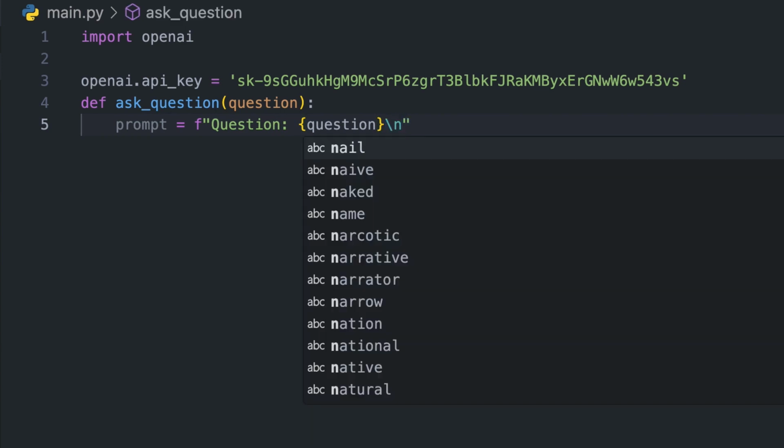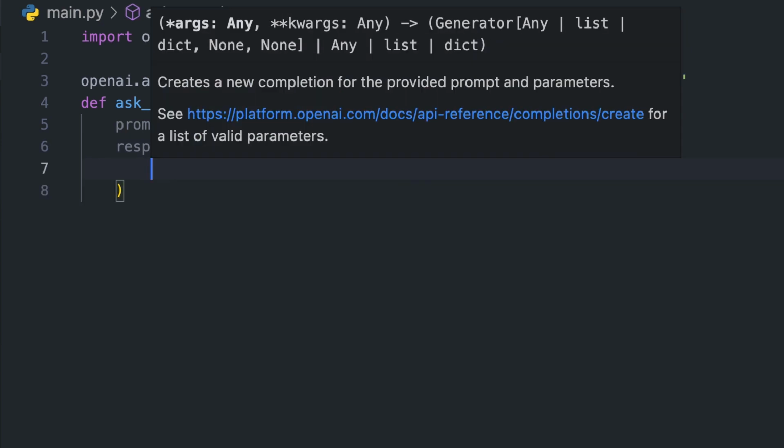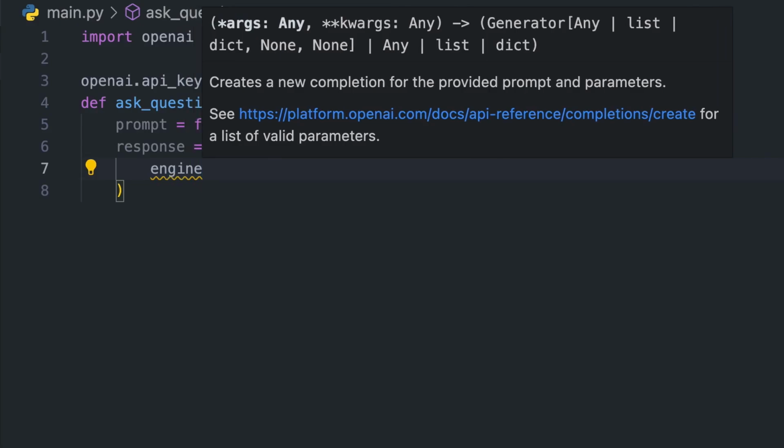After that, go ahead and create another variable called response. This is the variable that takes in our question and runs it through the OpenAI engine and gives us an answer. So in between these brackets, we are going to define the kind of engine we are using, our prompt, max tokens, the number, the stop and the temperature. So go ahead and write engine. The engine we'll be using is